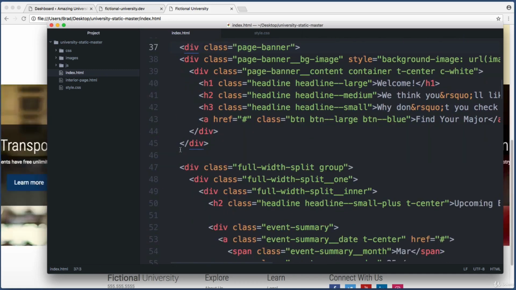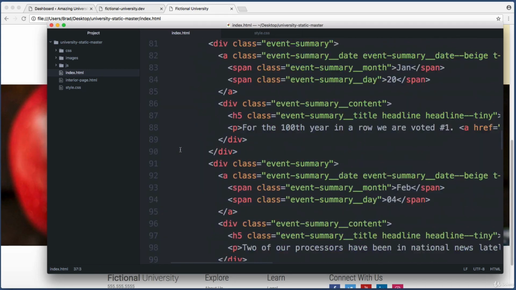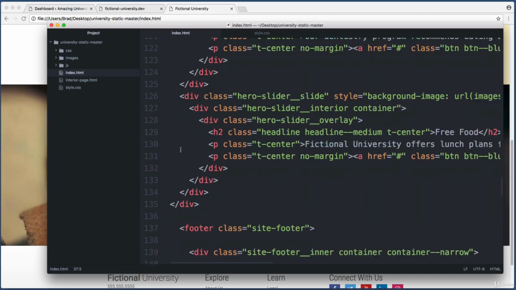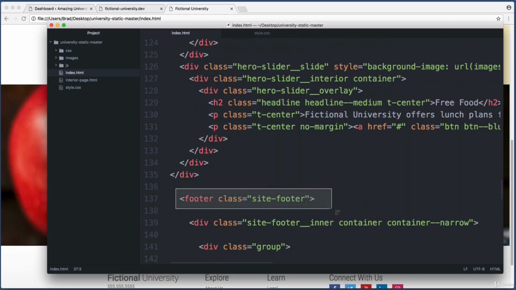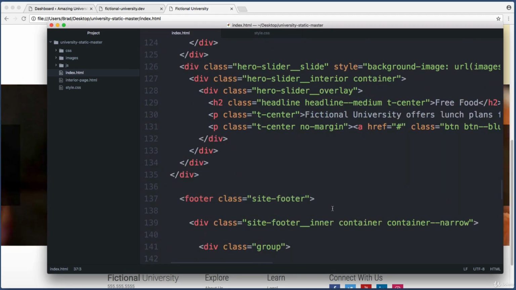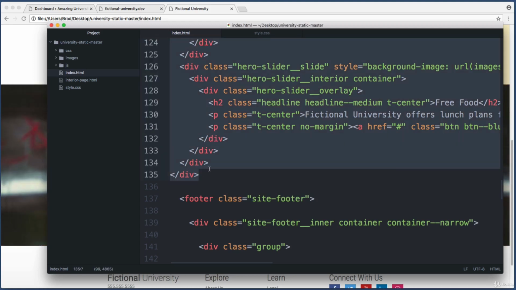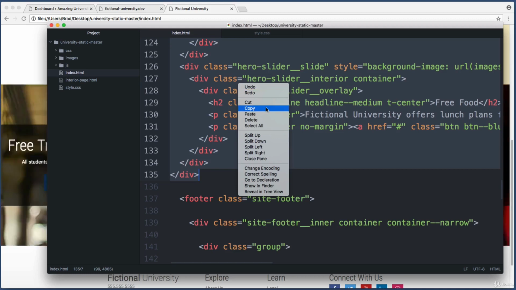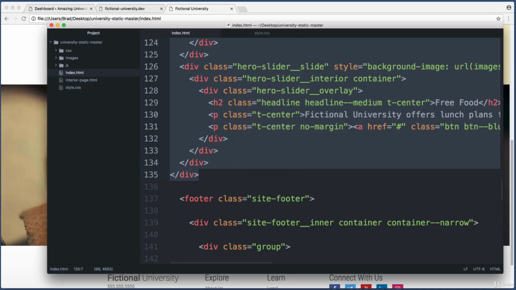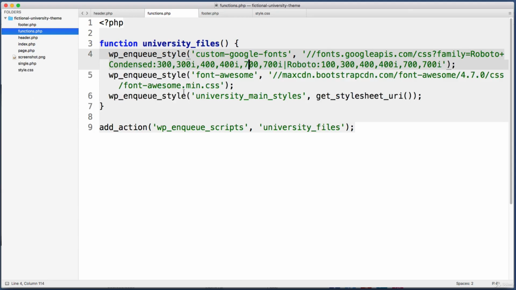Okay, and then let's scroll down all the way to the bottom, right before the footer element begins. So we don't want to include this, we've already copied and pasted that. So just hold down Shift and click right here at the end of this div. So let's just copy that to our clipboard, and then let's jump over to our WordPress theme folder, and the file that controls the home page is